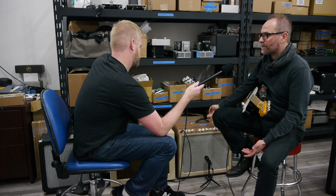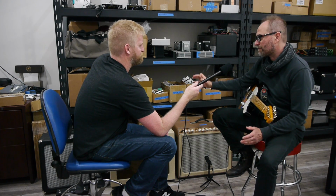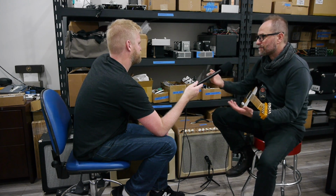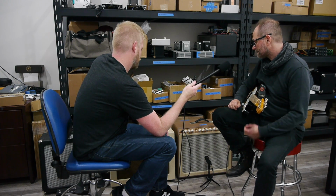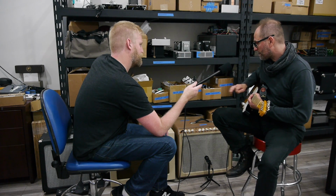Sure. With a humbucker guitar, you will get some sort of breakup at around 3. Sure, for sure, it depends on the pick attack and stuff like that. But so I dialed the attenuator back, so